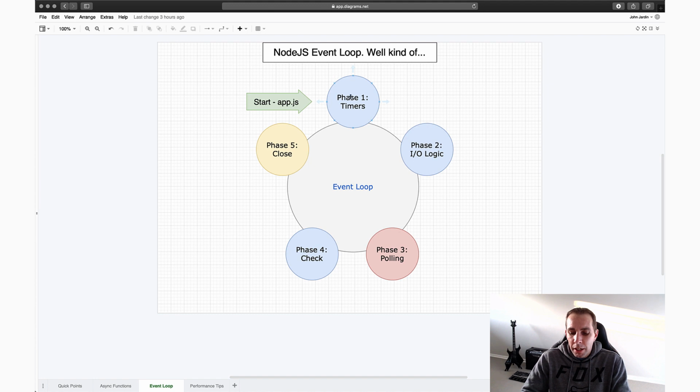Well, the truth is, if it's been executed here in the timers or the I/O phase, you're still blocking incoming requests. Okay, so even though you're pushing it to a promise or a next tick, it gets executed immediately, and it could still block incoming requests. And that's a big problem. This is actually what they're referring to when you block the event loop, because a lot of the blocking can occur here. If you use set timeout or set immediate, those transactions occur after the polling request for that cycle